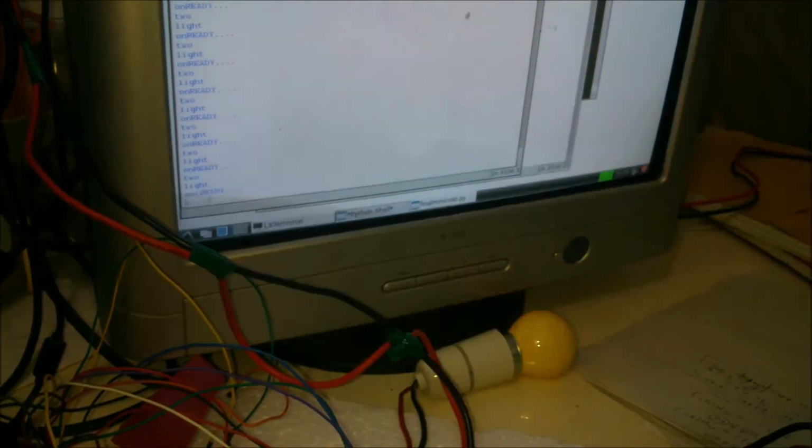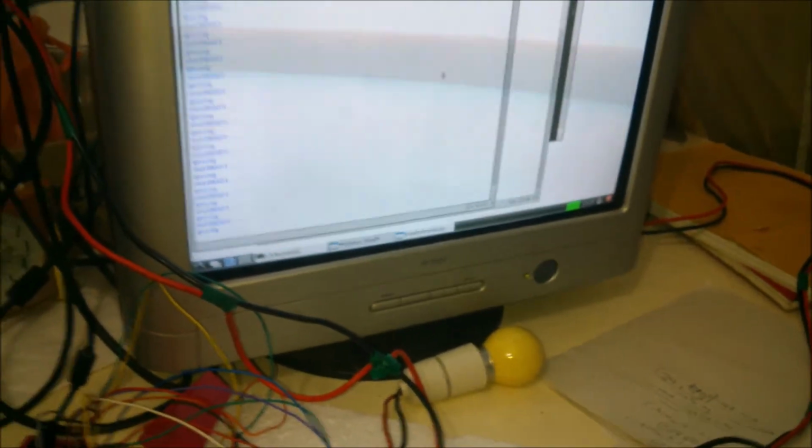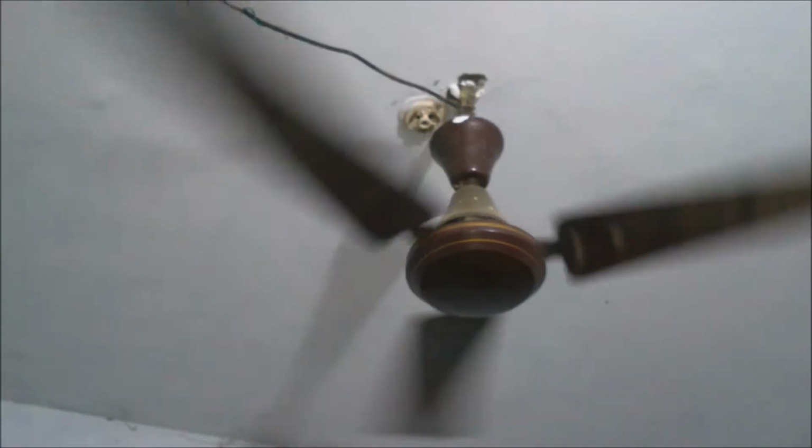Light 2 on again. Going out. Yeah, this is the most interesting command of our project. Going out means if you are going out of your home, you can say going out, and all your appliances including light 1, light 2, and fan will turn off. You can see that both fan and light have turned off.